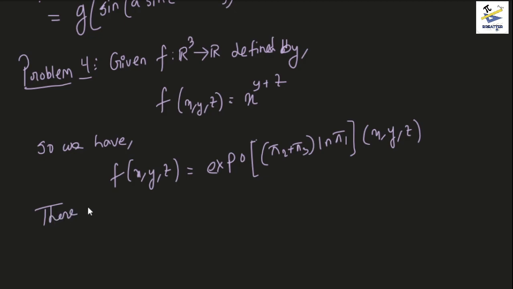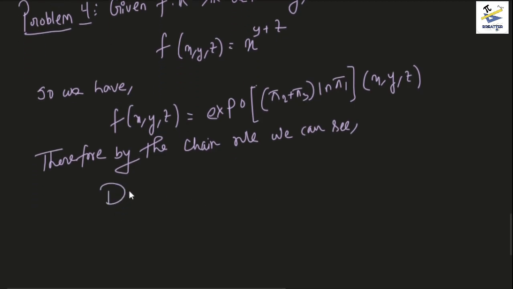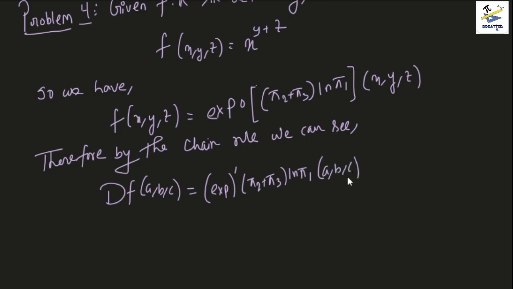Therefore, by the chain rule, we can see df of a comma b comma c is basically equal to the derivative of the exponential function at the point multiplied by the derivative of pi 2 plus pi 3 ln of pi 1 at the point a comma b comma c. Now the derivative of exponential is basically exponential, and at the point pi 2 plus pi 3 whole